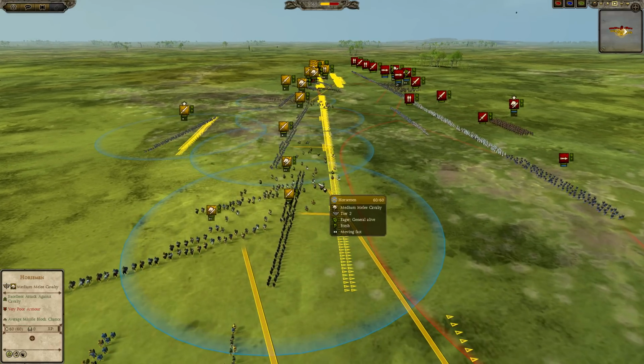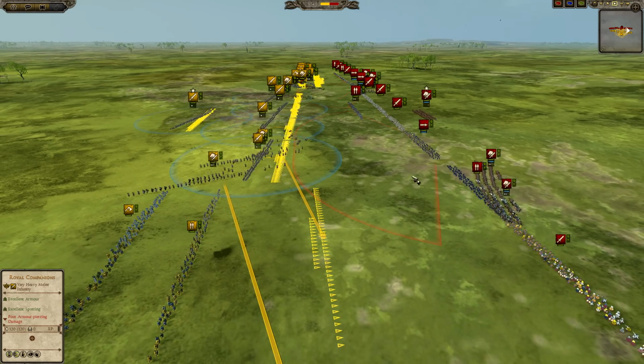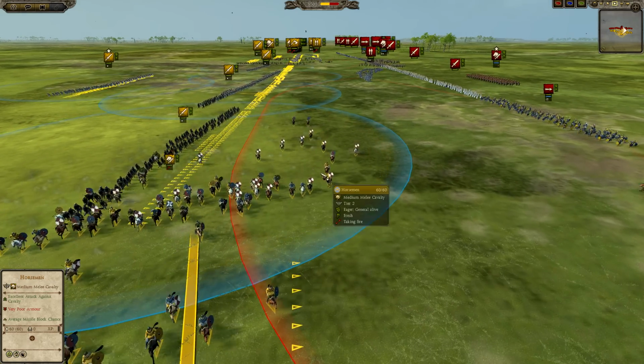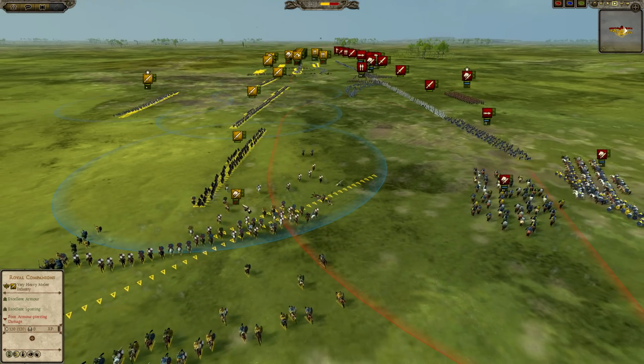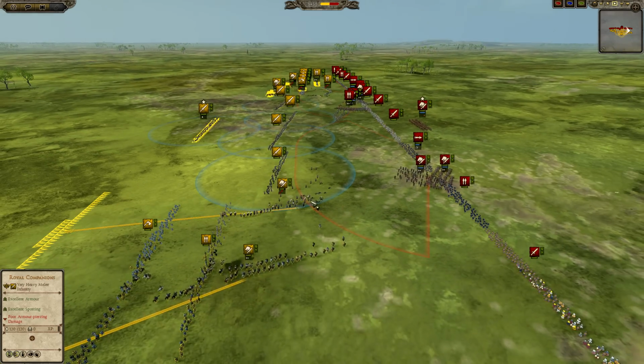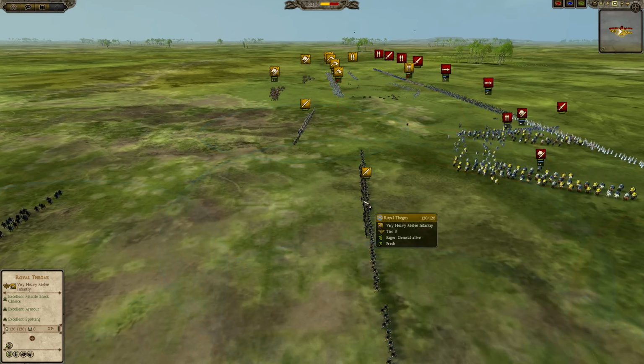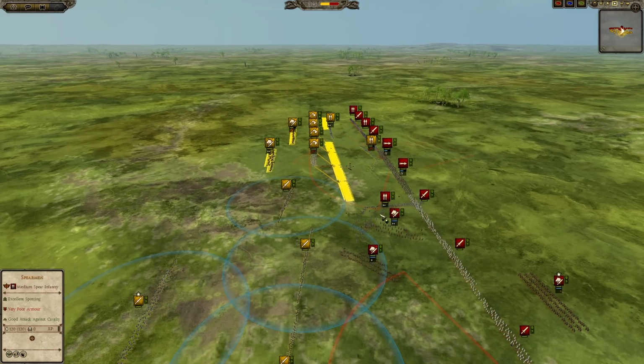But here I make a mistake. So I send my horseman to the side, and while doing so, his javs are able to hit my calves. So they take down a lot of my horsemen here. And they kind of stop for whatever reason. Oh yeah, they got shot, so they stopped. But here is where the mistake is made by